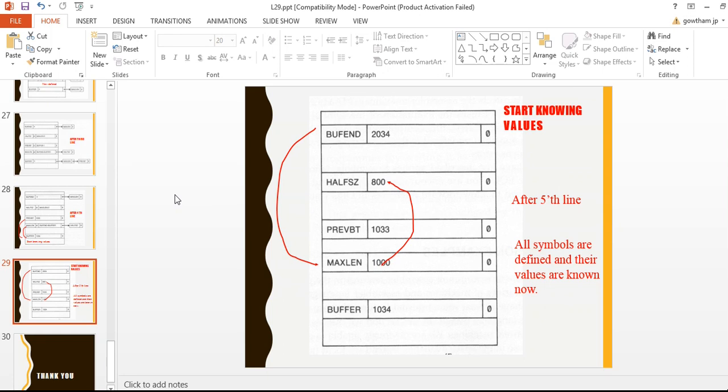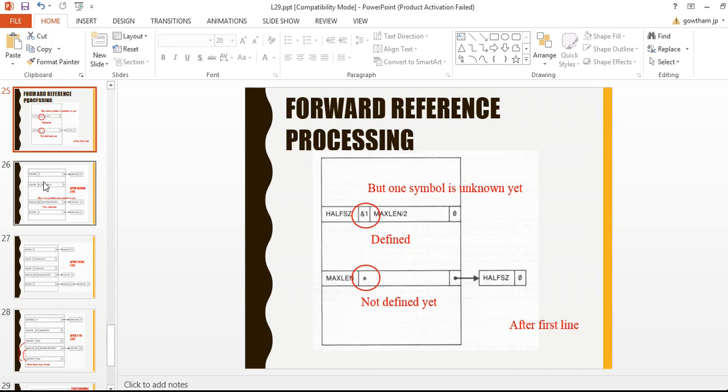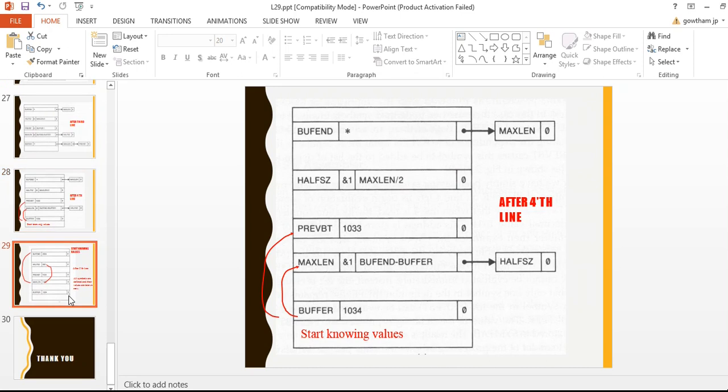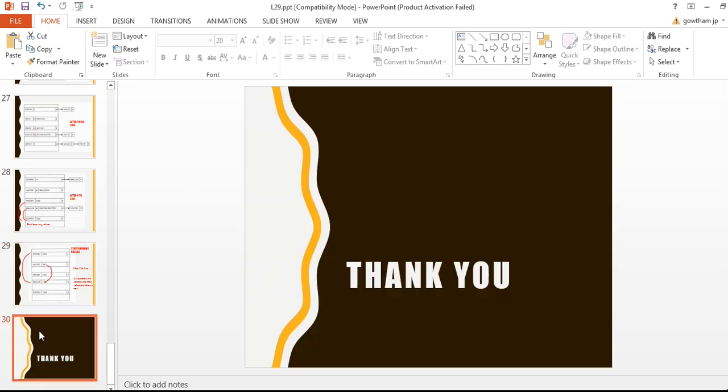Line by line the calculation is done. Whenever undefined symbols are encountered, they are put into the symbol table along with name and count, marked as undefined, and a list of dependent symbols is included. Recalculation is done like this. At the end, all symbols must be defined. If any symbol still has a star, that is an error. So this is the end of assembler design options.